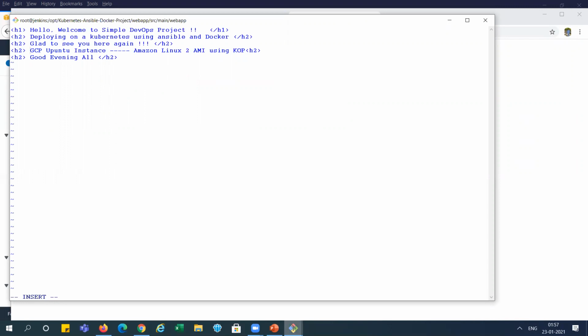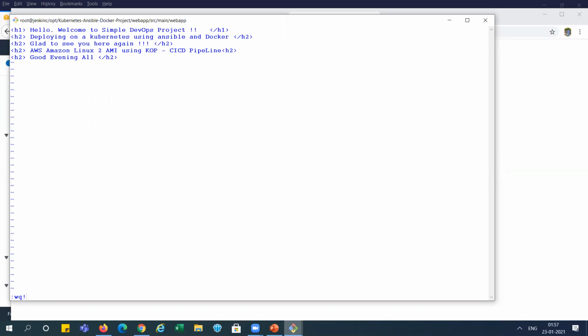I am using an AWS Amazon Linux 2 instance using kOps, with the CI/CD pipeline.